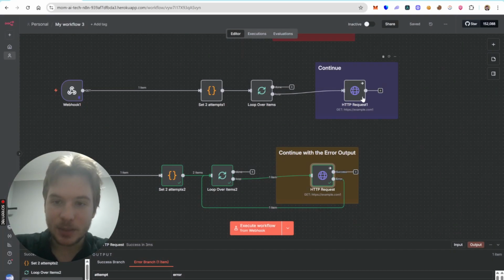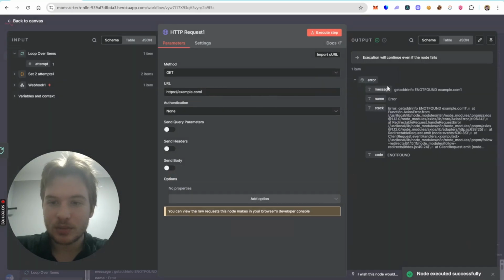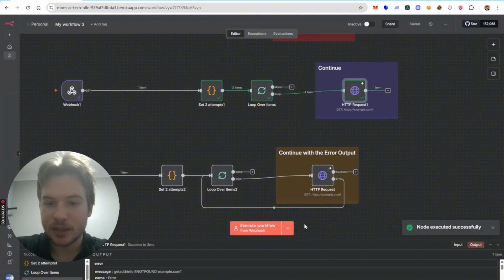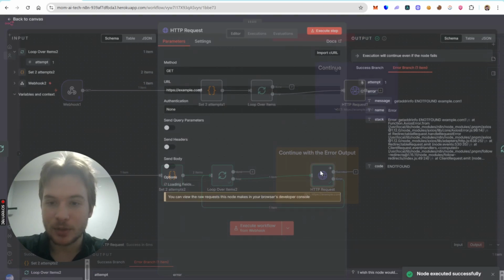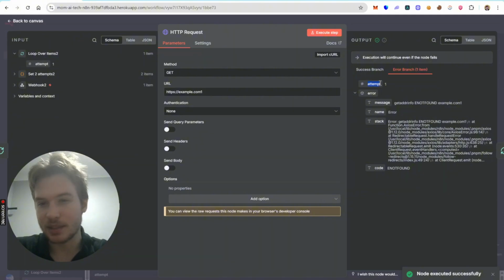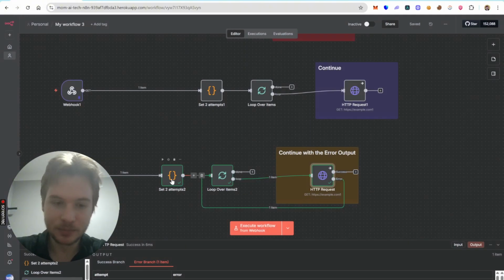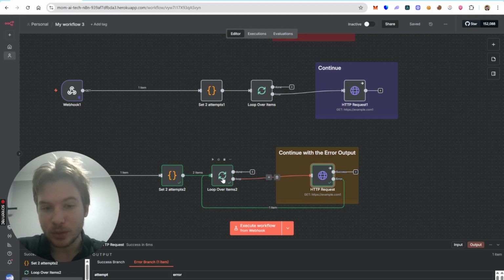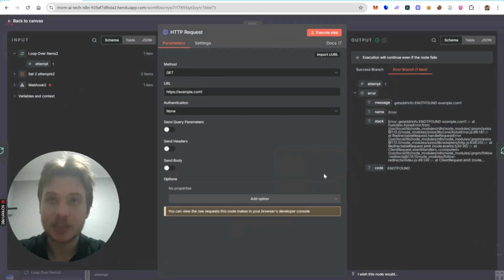and the very similar output which we received in this execution: error, message, name, stack, just the similar fields, plus the output of the previously run node, in this case loop over items, which is just mirroring the output of this JS code node,